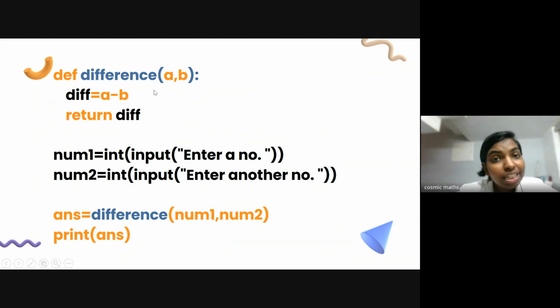We've already seen built-in functions like input, print, all of those, eval, right? They were all built-in functions. Someone has already written them for us. But these are user-defined functions. These are the functions that we as programmers are designing. So difference is the name of my function, and within the parenthesis,